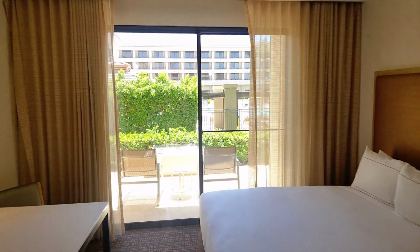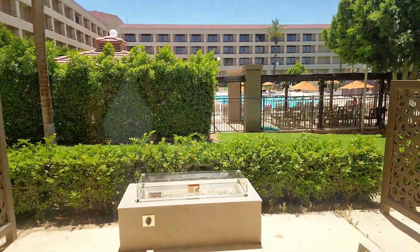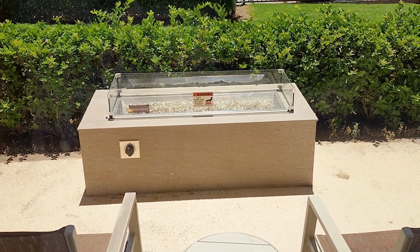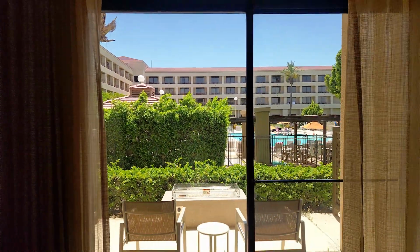And then we have direct access to the pool, which is quite nice. And then we also have the fire pit right here for nighttime. So, not bad. A little stop over here on the way to LA, so we can get some pool time